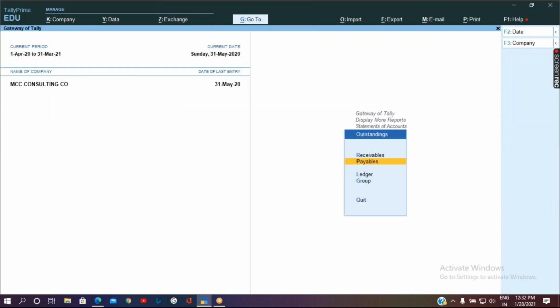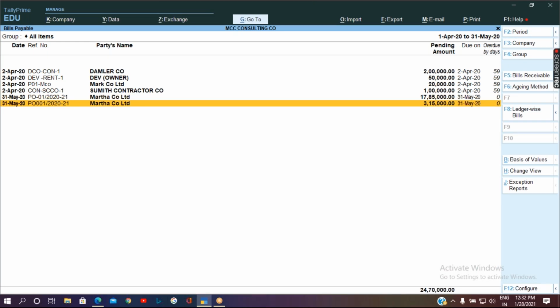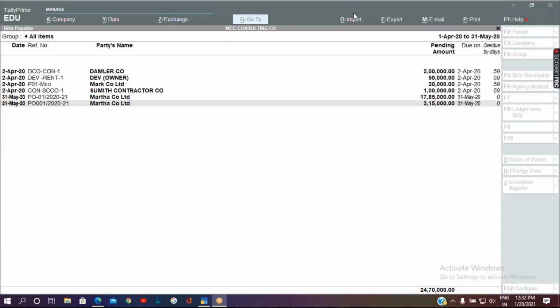So now you will be able to see two different reference numbers with two different outstanding amounts. Is that clear to everyone with this? Yes.